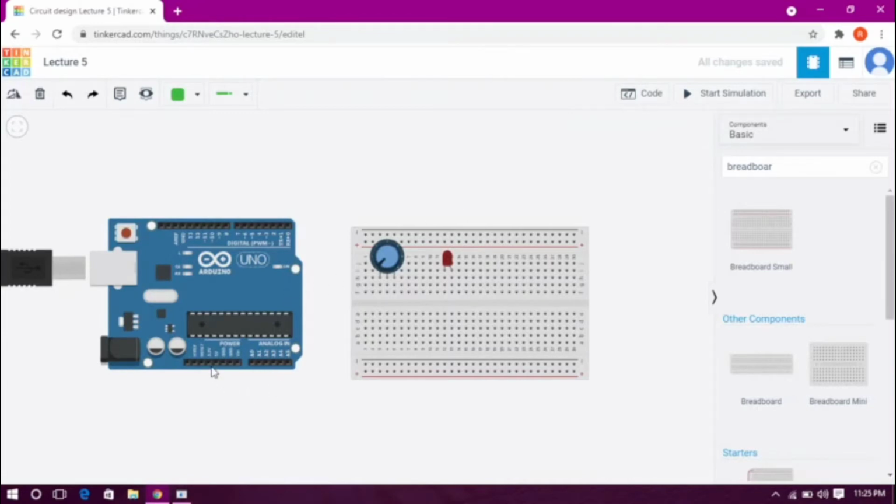First we need to give a voltage to this potentiometer. I will take this 5 volt pin, and terminal 2 is basically the 5 volt input, over here on the right hand side. Now this middle one, the wiper, is basically the analog input that we are giving. So we will need an analog pin.